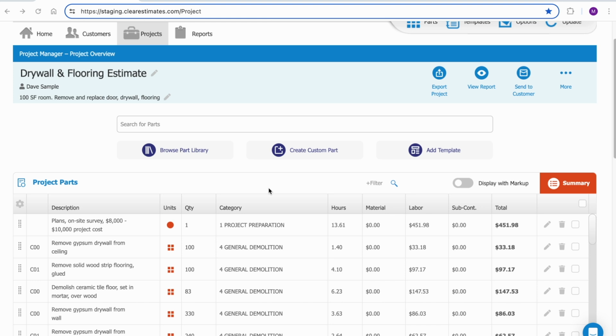Today we're going to talk about the new project parts filter feature available now on Clear Estimates Pro. This is a great way to quickly surface items in your project based on description, category, quantity, cost, and more. And it saves you the trouble of looking through a long list of project parts to find a specific item